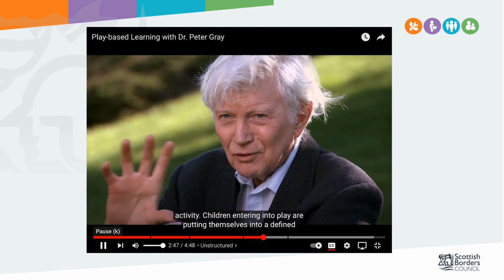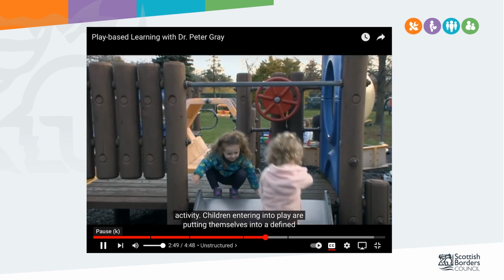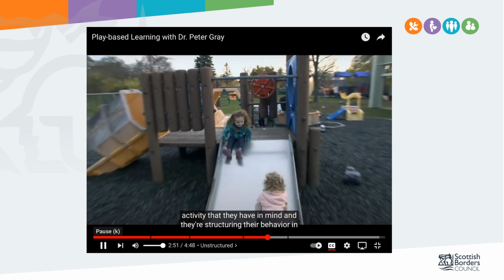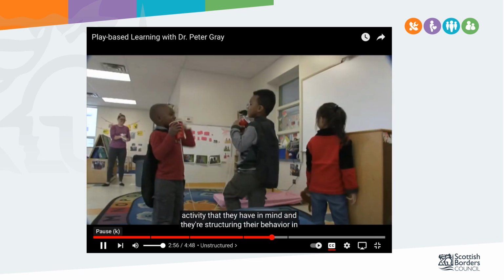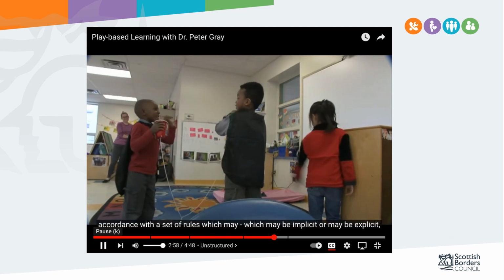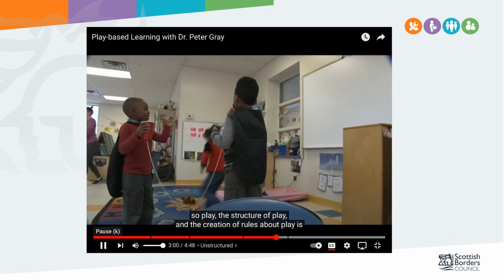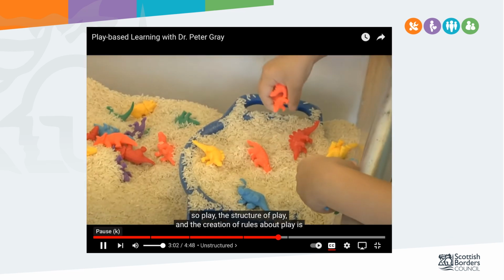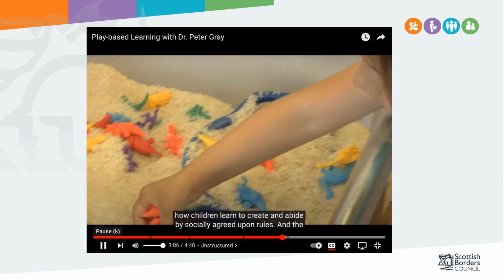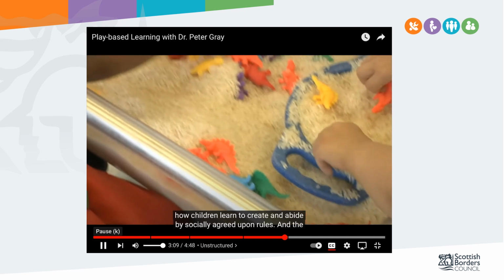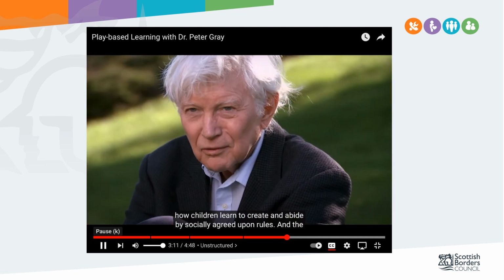The children entering into play are putting themselves into a defined activity that they have in mind, and they're structuring their behavior in accordance with a set of rules which may be implicit or may be explicit. So the structure of play and the creation of rules about play is how children learn to create and abide by socially agreed upon rules.